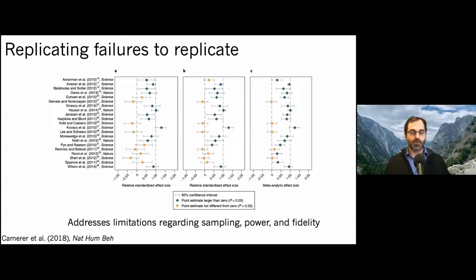You could ask about temporal trends. The power was very high in the initial replications, and then if the replication failed, they actually did a second round with even higher power. So that was very impressive. And they gathered input from some of the original authors pretty extensively to try to correct some of the issues in replication fidelity. Whether they did so perfectly, I don't know, but I think they were much, much closer than in the replication project in psychology.